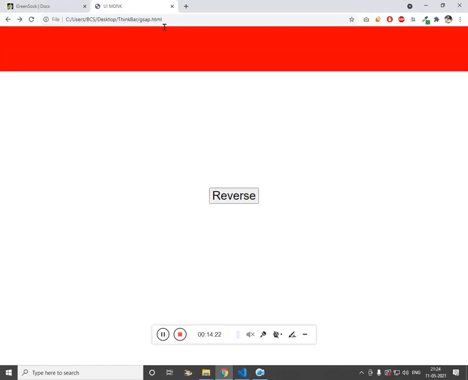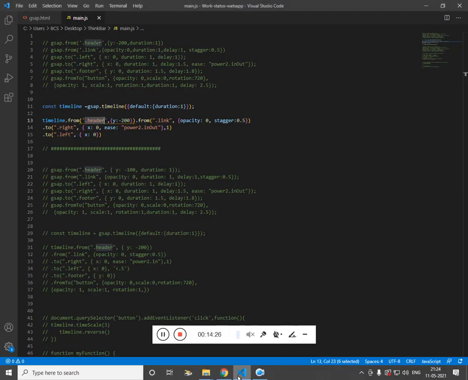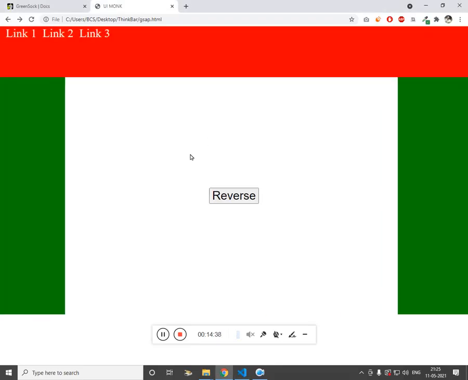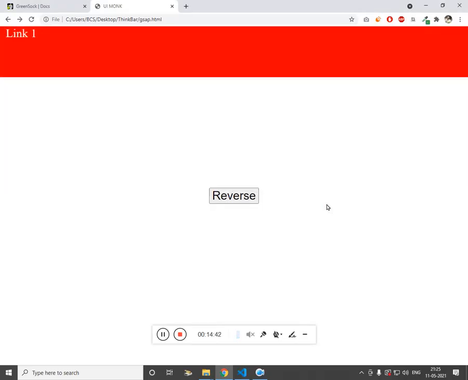So after 1 second, this is not relative to the header, this is relative to the page load. So let me make it 2. So after 2 seconds it shows up. So if I make it 5, after 5 seconds of page load it shows up.